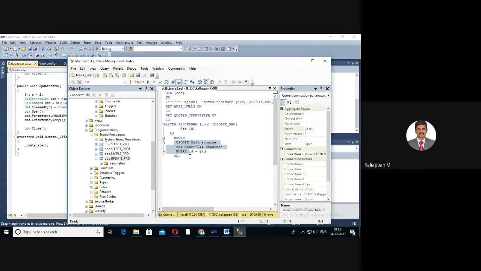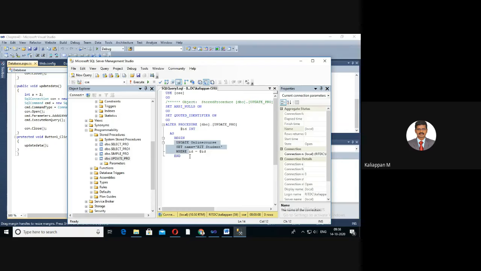You need not give the SQL query select star from online course everywhere in your web application, where we have to use it in so many places. For that, just create one stored procedure that includes the query select star from online course.